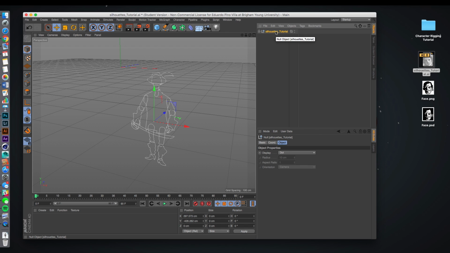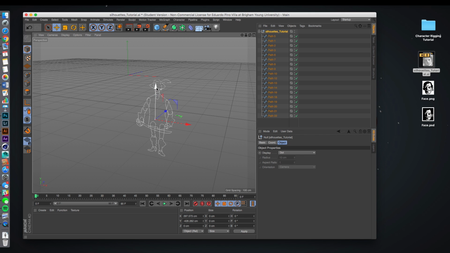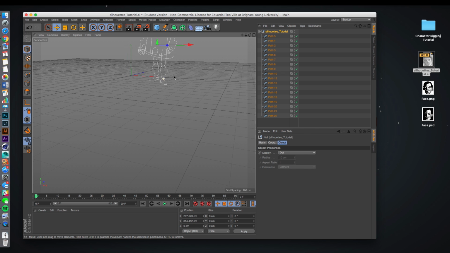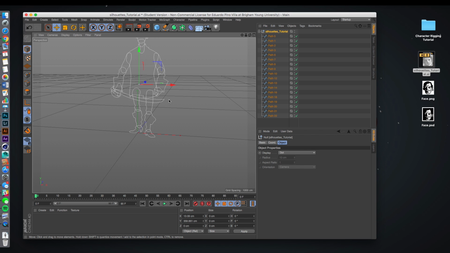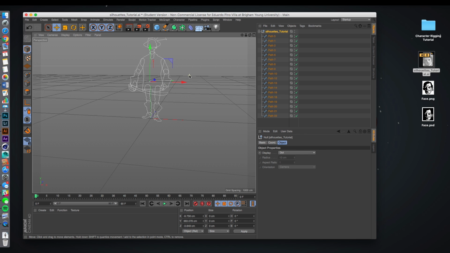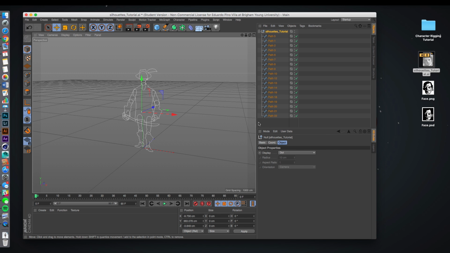So no object, but it's also like a folder, and these are all the paths that you brought from Illustrator. If you click this, you select the whole thing, and then you can just pull it up, and this is the center of your project, and that should do the trick. It's about fine right there. Alright, so the next step,